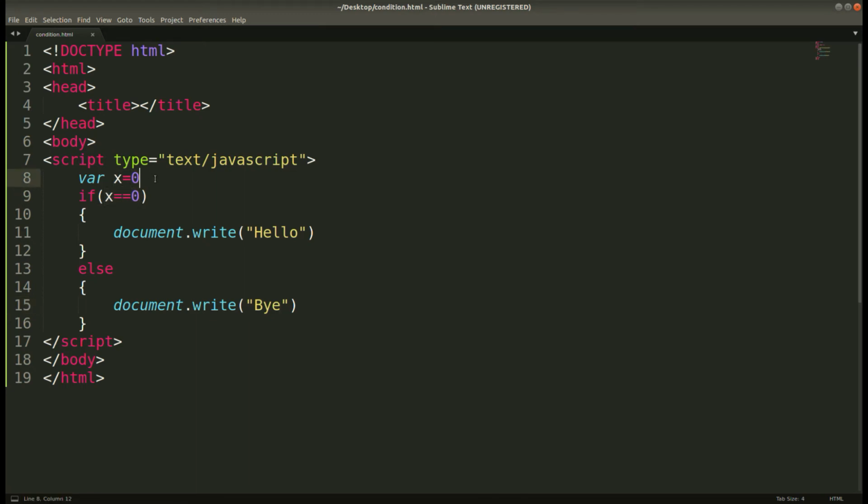So here we are assigning the 0 value to the variable x, but inside the condition the equals sign is checking whether x is equal to 0 or not. If yes, then this statement will be printed, otherwise this statement will be printed. Let's see what it is printing. Save it and open in a browser,